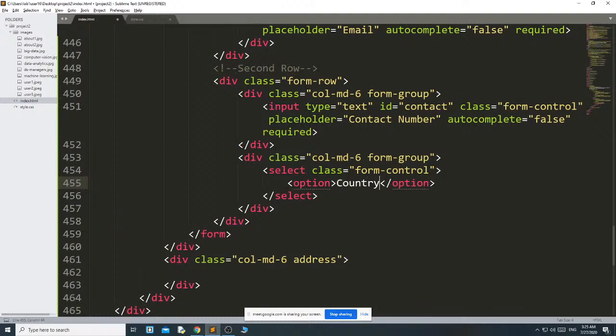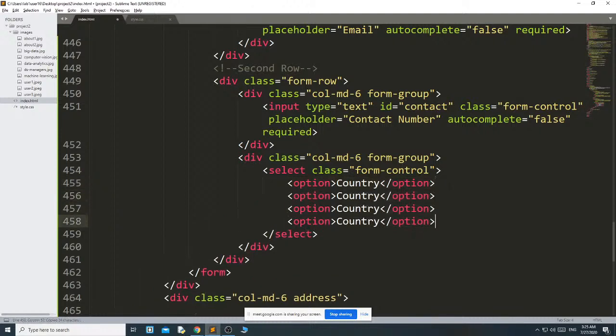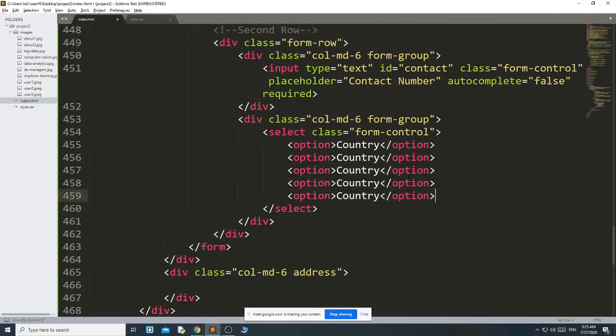Then for the rest I just use 4 to 5 options: India, England, and so on.